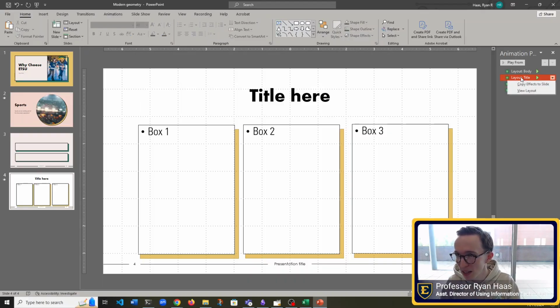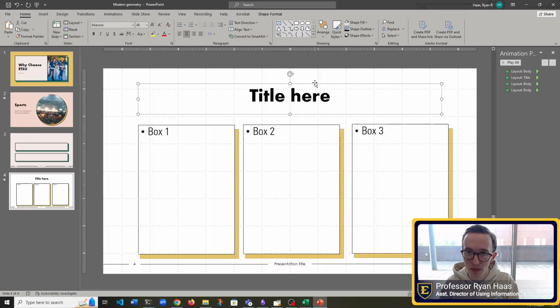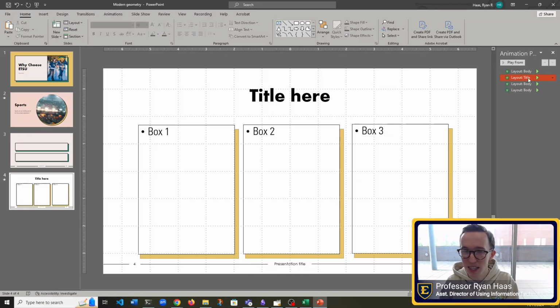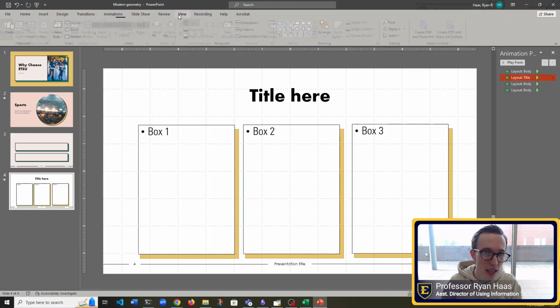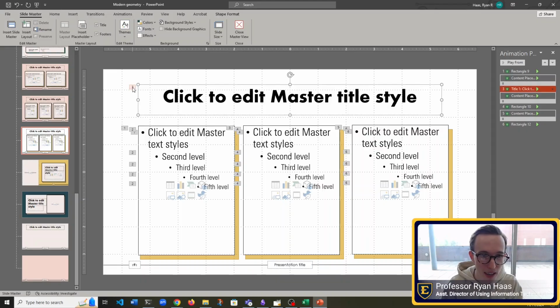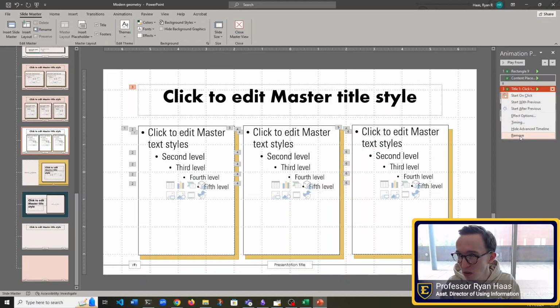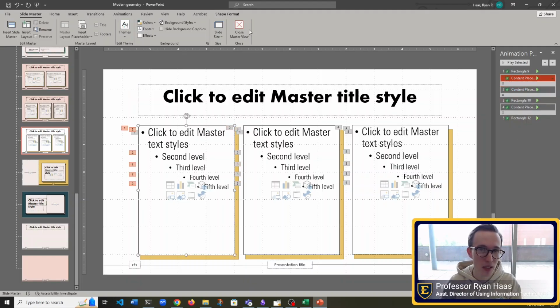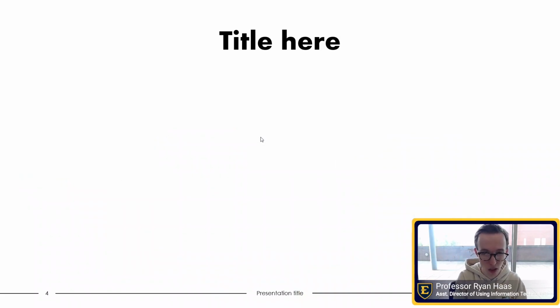So I'm going to right click it and see if we can, let's just delete this. So I'm going to select this animation and I'm just going to hit the delete key. So it looks like I did that on my master view. So I have to go back here, and this is where I messed up. So let's right click and let's remove the title animation. Now I should have it.